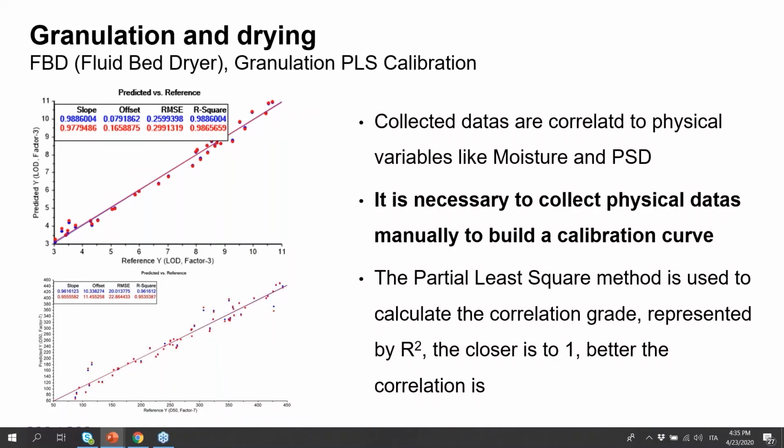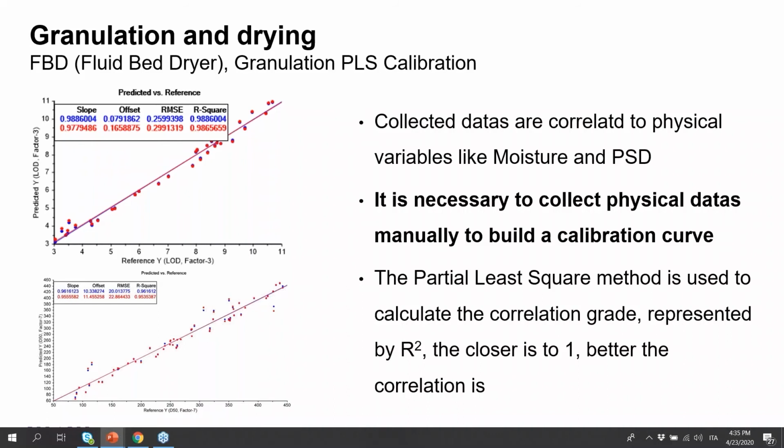I was kidding, saying that I was trying to avoid the PLS as much as possible, because as long as I do an explorative analysis, a trend analysis using the moving block or using the PCA, I can be very flexible in an R&D lab, because I don't need to create a model before having data. I can get the data from batch number 1 and start to have important information without investing time to create a model. But the message that I want to drop you is that with the MicroNIR, you can also build